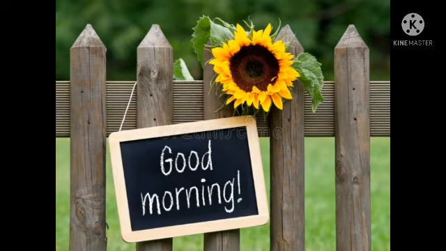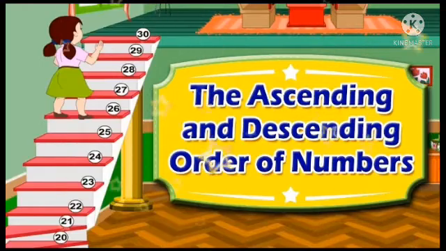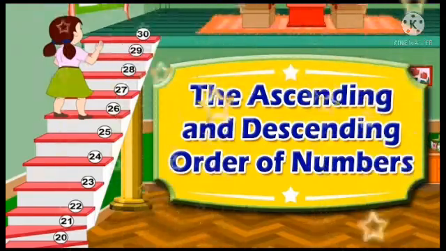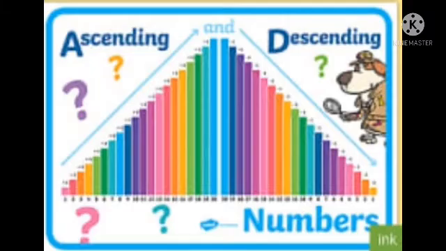In today's class we are going to start a new topic which is very interesting, and we will learn smallest and greatest numbers in ordering. So today we are going to start the ascending and descending order of numbers. We will learn greatest number and smallest numbers along with ascending order and descending order from 1 to 99. What do ascending and descending orders mean?